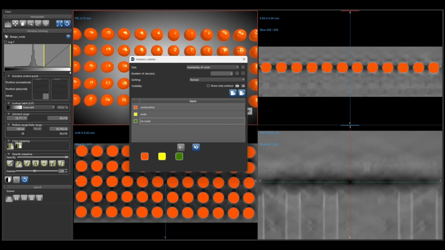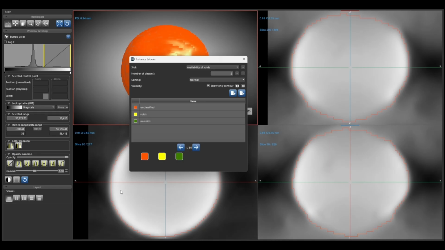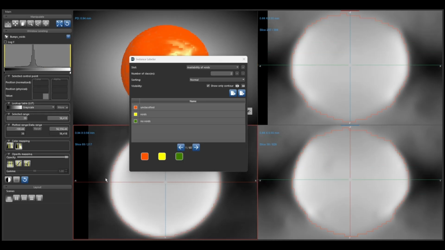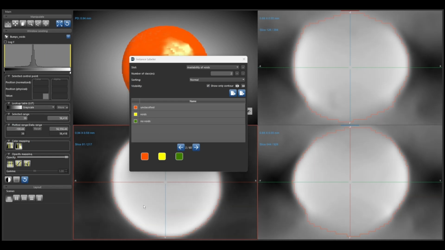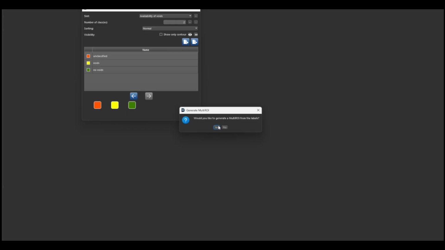It will show you every bump separately once you select the arrow of next. And then after that, you select whether you want it to pass or fail. So basically, if you check if your bump has voids or not, you simply select the color and it will add it to the class. Once you finish all your bumps, you save your multi-ROI that will serve as ground truth.